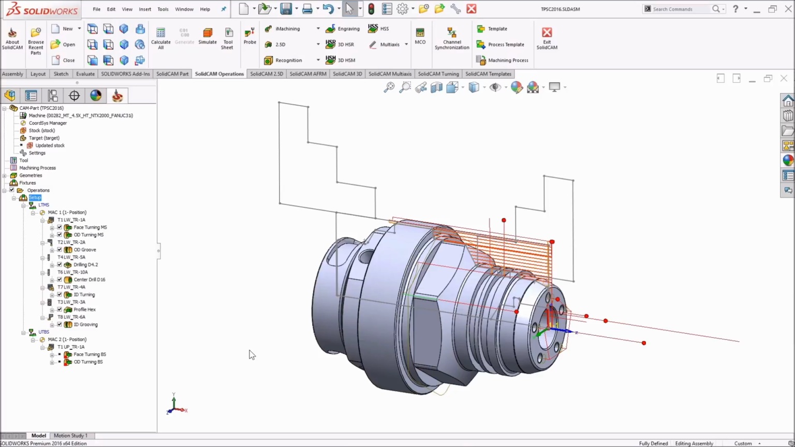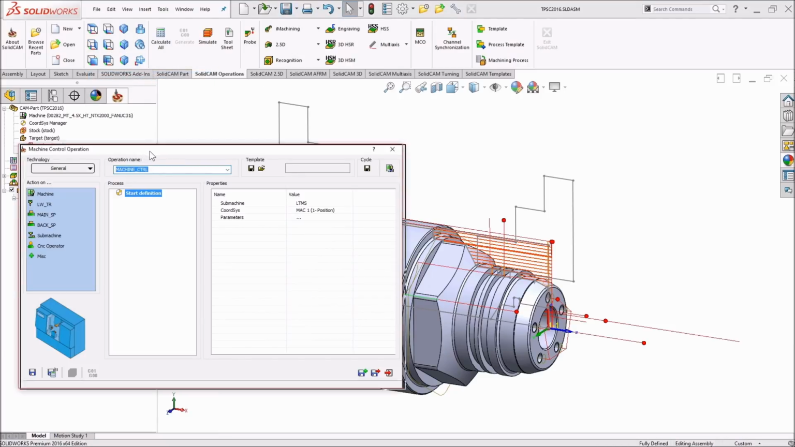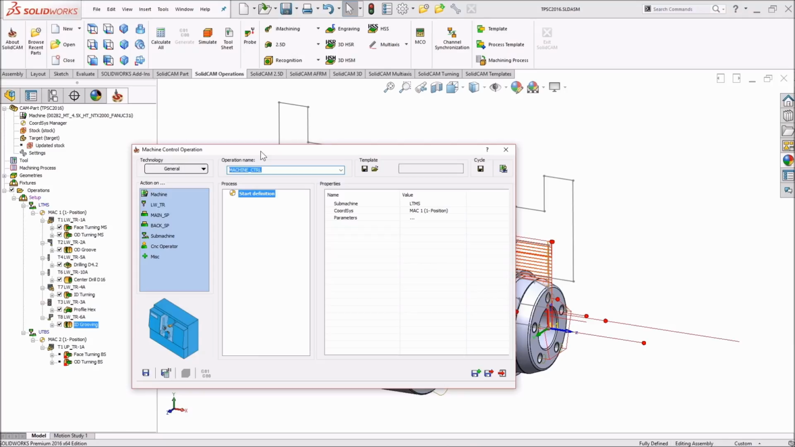To define a part transfer, we are using the machine control operation. So I'll just add a machine control operation. You can also do it on the SolidCAM operation ribbon with the icon that is displayed over here. The very first parameter located in the machine control operation is called CNC operator. Adding the CNC operator means that we want to perform a manual stock transfer, where SolidCAM will automatically understand that the part is located on the main spindle